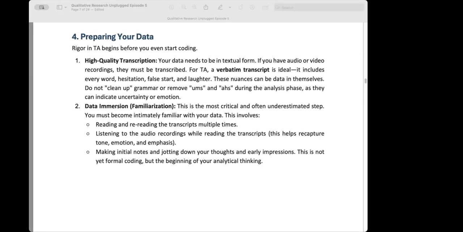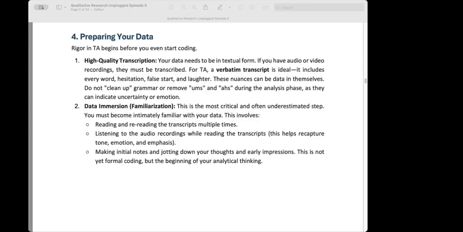The first is high-quality transcription. Your qualitative data, whether it comes from interviews, focus groups, or even maybe detailed observational notes, needs to be in textual form for systematic analysis. So if you've got audio or video recordings, they must be accurately transcribed. And for thematic analysis, a verbatim transcript is generally ideal. Verbatim meaning? Meaning you include every single word, every hesitation like,